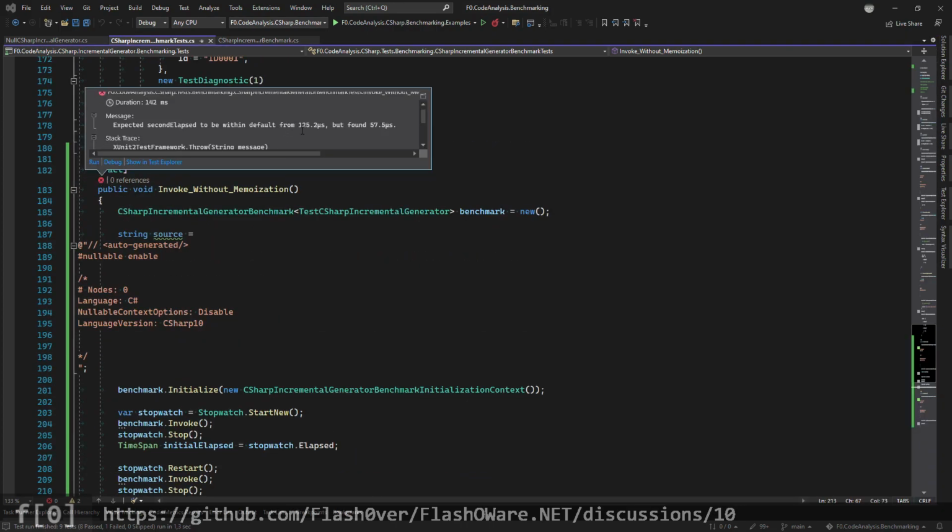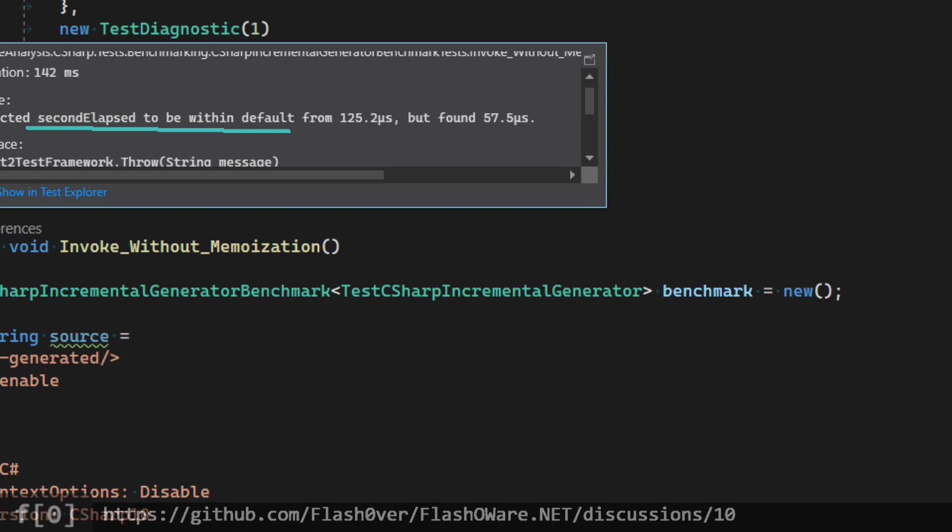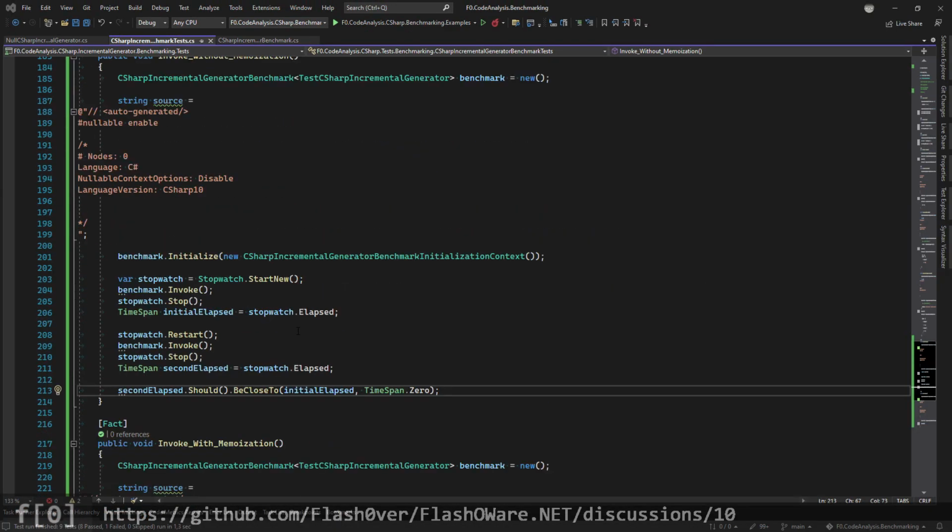It says the second elapsed to be within the default of 125 microseconds, but we found 57. Not sure if I read that correctly. So we expect it to be pretty much the same. So it's like in the microsecond area. So let's say to be,